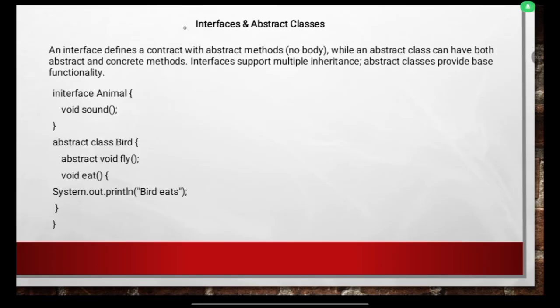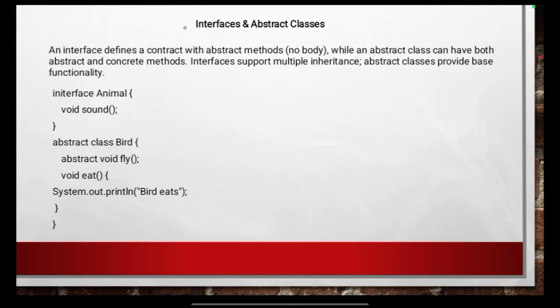So here in this particular slide, we will be discussing interfaces and abstract classes. First of all, we need to go through the slide carefully. An interface defines a contract with abstract methods, no body, while an abstract class can have both abstract and concrete methods. Interfaces support multiple inheritance. Abstract classes provide base functionality. interface Animal { void sound(); } abstract class Bird { abstract void fly(); void eat() { System.out.println("Bird eats"); } }